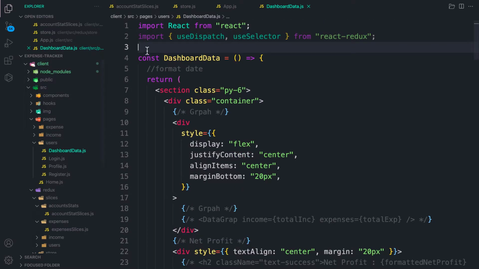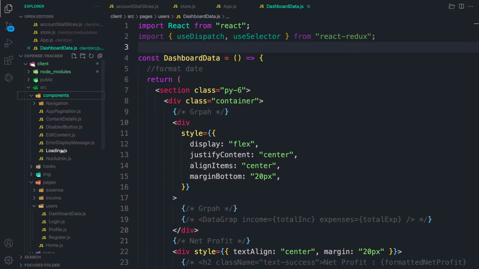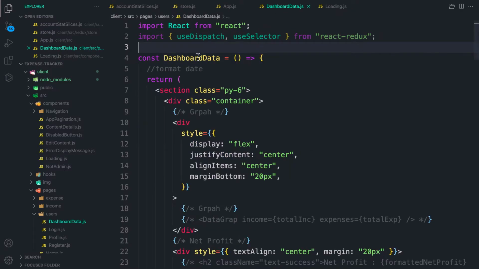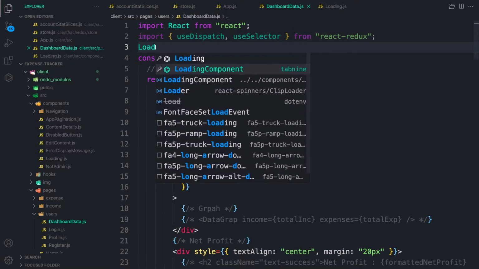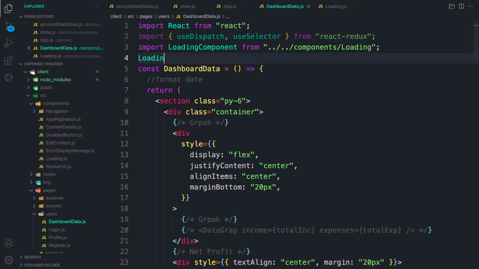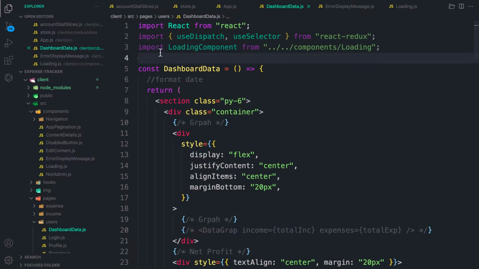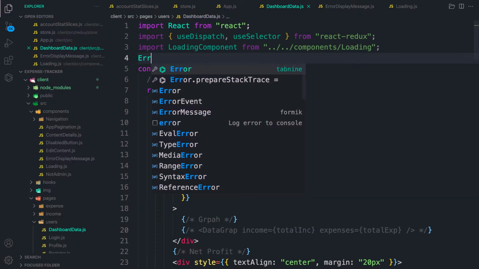So let's bring in loading component. So we have component here. We have loading component. So let's go to account data here and bring in loading component. Let's also bring in the error if there is one, this error display component. So the trick is to make sure that I have the auto import. So where is my data? Where is my dashboard data? Yeah. So here error display